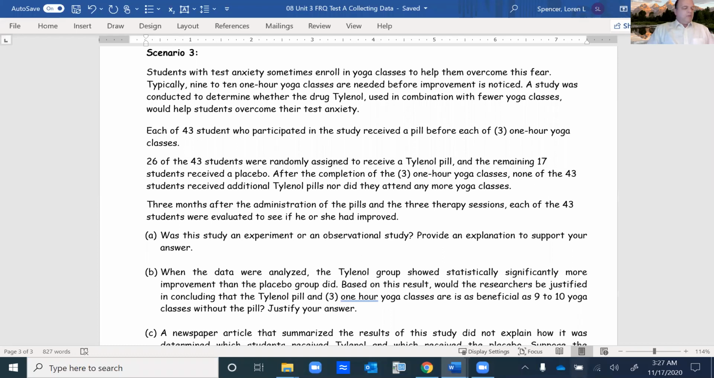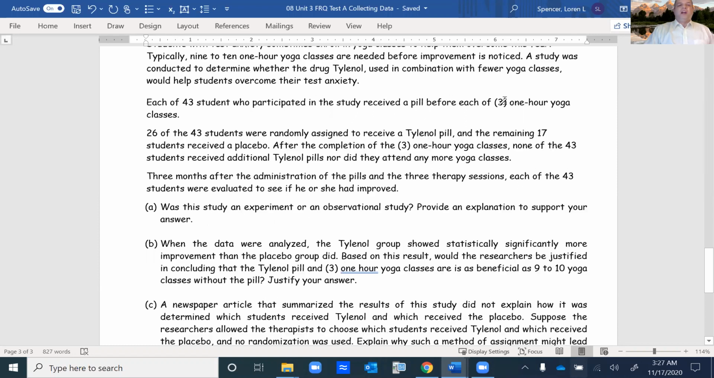Okay, this is test version A, scenario 3. Students with test anxiety sometimes enroll in yoga classes to help them overcome this fear. Typically, 9 to 10 one-hour yoga classes are needed before improvement is noticed. A study was conducted to determine whether the drug Tylenol, used in combination with fewer yoga classes, would help students